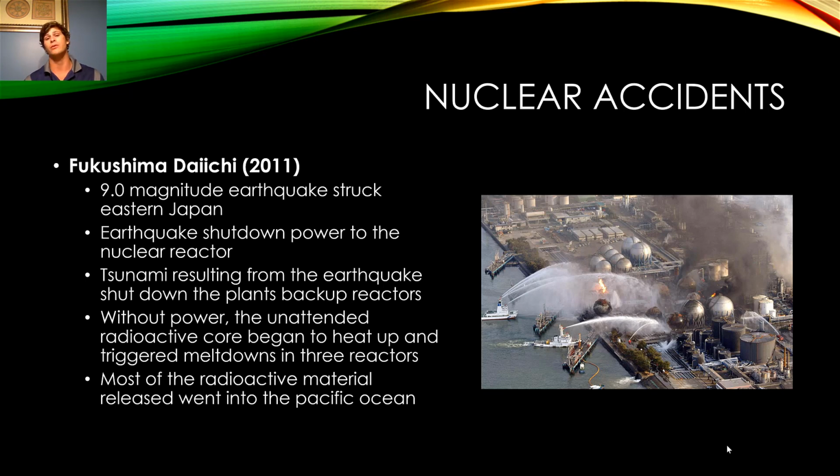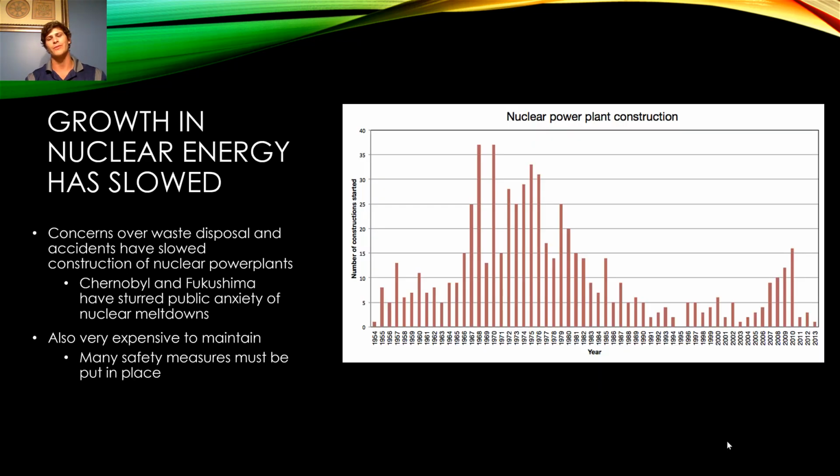Now, most of the radioactive material actually went into the ocean, so there wasn't an immediate impact to human health, but it did untold damage to ocean ecosystems, both in the immediate coastal realm as well as in the deep ocean. We don't really know some of the long-term extent of what this nuclear material is doing to the benthic ecosystems in the deep ocean. So as a result of these aforementioned nuclear catastrophes, as well as concerns over waste disposal,